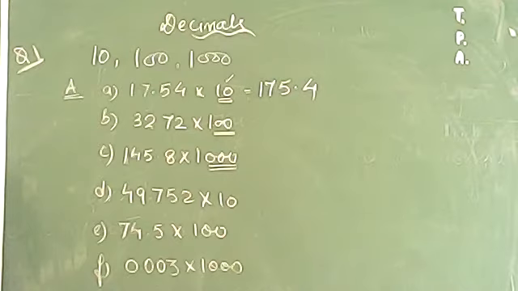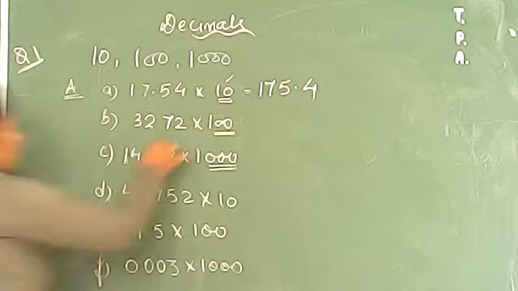ठीक है? So याद रखिएगा जब हम multiplication of 10 करते हैं या multiplication of 100 will do, so we will only shift the decimal to the right hand side, and how many zeros will be there along with 1, that many places the decimal will shift. Okay, let's understand this one.